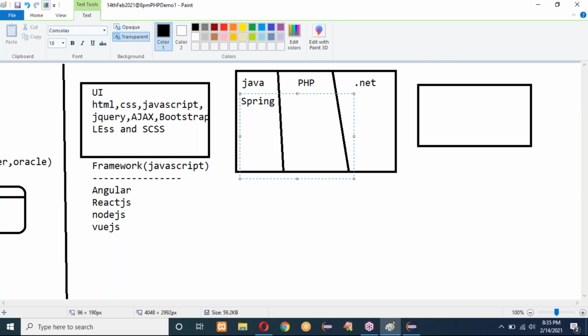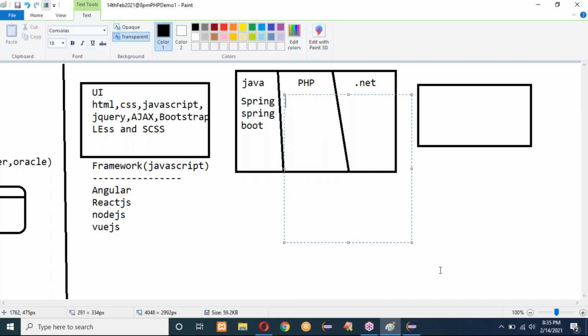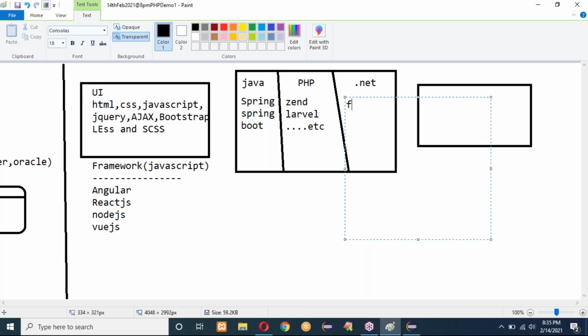The present market is looking for Spring. Under PHP we have the Zend framework, Laravel framework, like that. We use PHP-related frameworks, and for .NET, .NET-related frameworks.